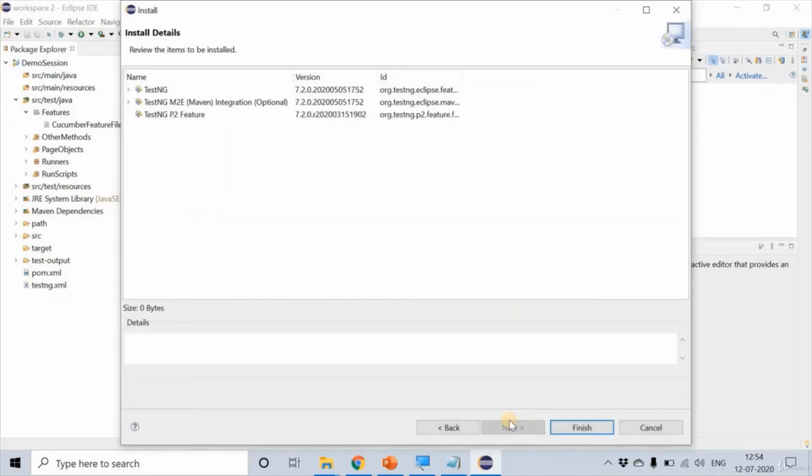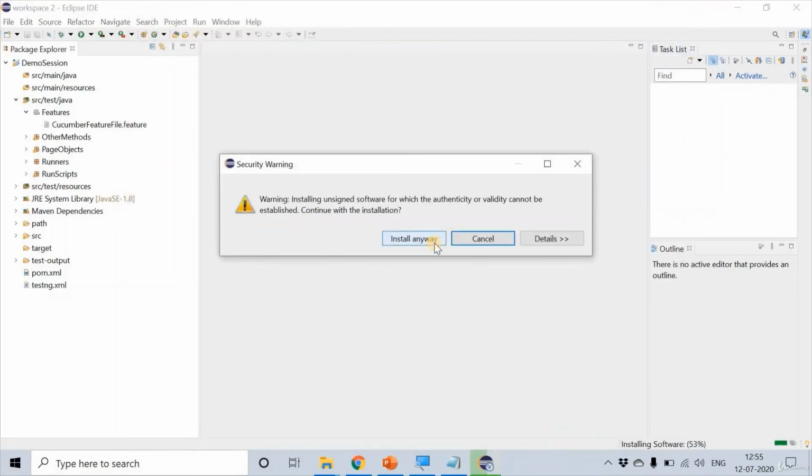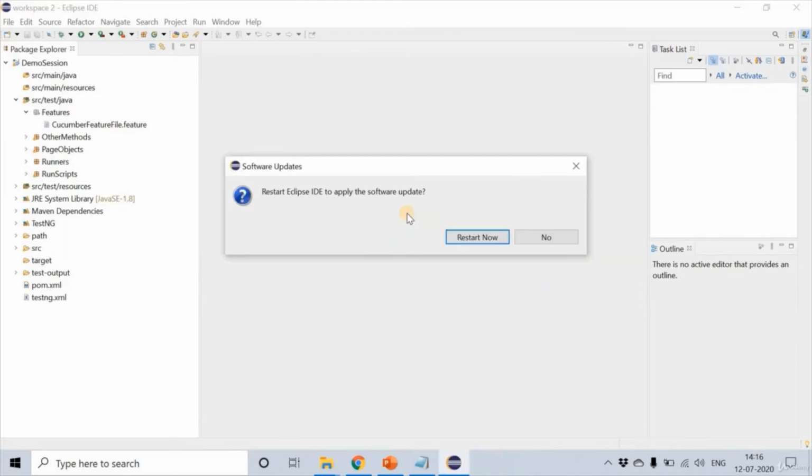You will need a good connectivity in order to perform all the steps, so make sure you have one. Click on finish. This is a security warning. You may or may not get this, but for now if you're getting it, just click on install anyway. It is asking us to restart the Eclipse IDE. So let us restart.